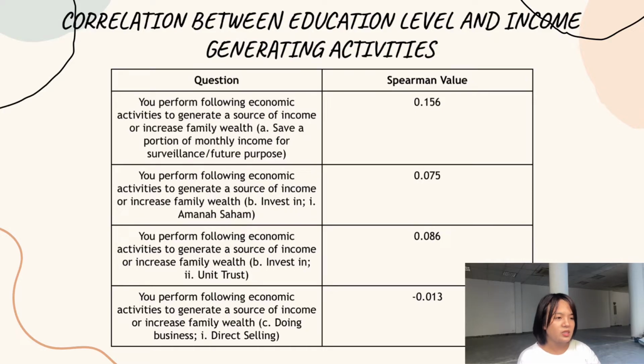For doing business such as direct selling and online business, they show weak negative interaction with the Spearman values negative